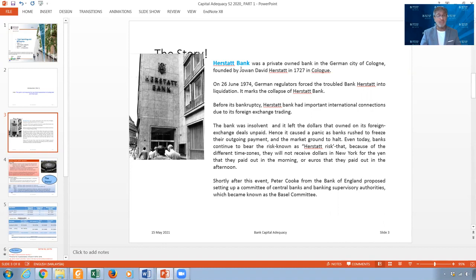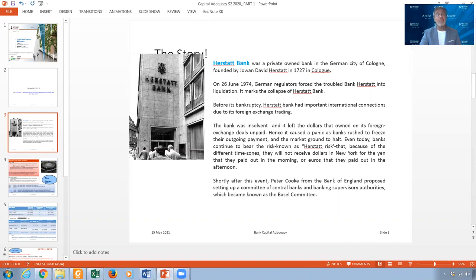specifically when it comes to the exchange rate, there will be some transactions, for example, in Japan, in Tokyo in the morning. If they execute the transaction in the morning and the American banks are the ones who are going to pay, then in this case, the settlement will happen on the second day. Because by the time the American banks open, the Japanese banks are closing.